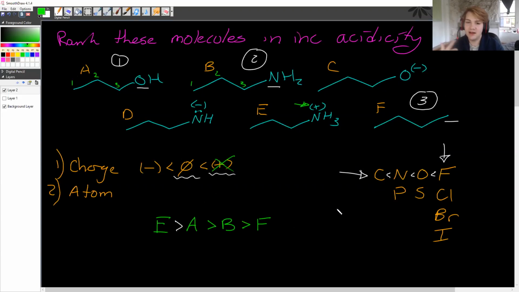So this is how the logic plays out. Now that I'm finished with all my neutral molecules, I can put an X right through that. And now I can focus on all my negative molecules. Oh, well, I have 2 of those. I have C and D. And so I then go to my second rule. My second rule says, oh, okay, we have,